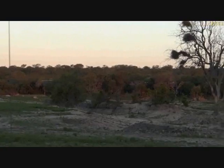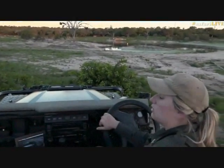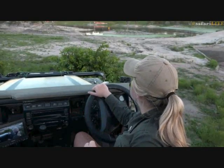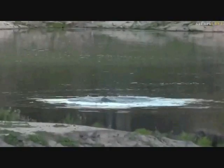Now Dan, you were wondering if the deepness of a hippopotamus's call could identify how big the hippo is. I suppose, because a little hippopotamus wouldn't have a very deep voice. It's pretty much exactly like a lion. As they get older and older, their voices start to develop. But most of the time, it's the males that are actually making and doing most of the vocalizing. You hear the females, of course, but not as frequent as...